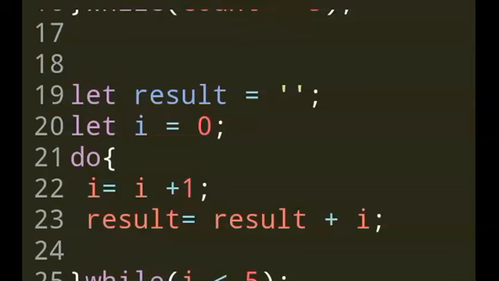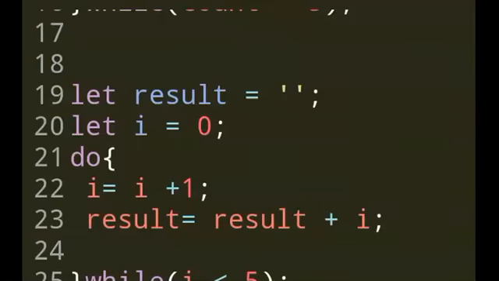So what was that? 1. So 1 plus 1, 2. Then again to the 2 you have to add 1, 3. So result will be 3. So 1, 2, 3, 4, 5. That's how you get this string 1, 2, 3, 4, 5. Are you getting me? Are you okay?